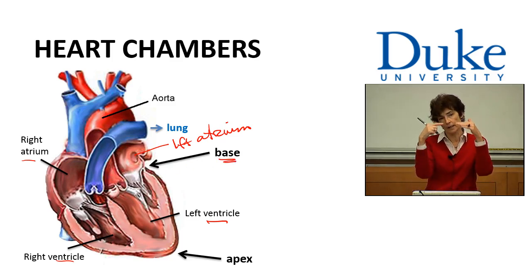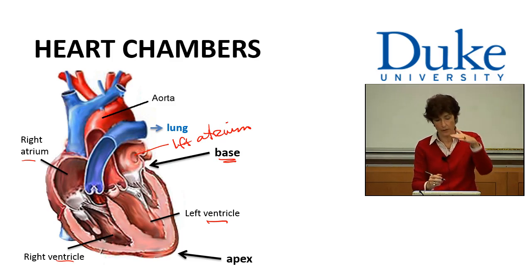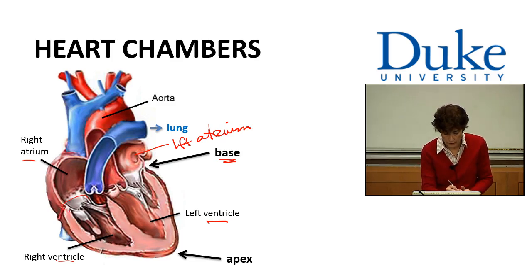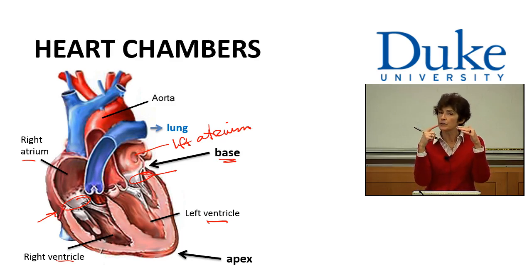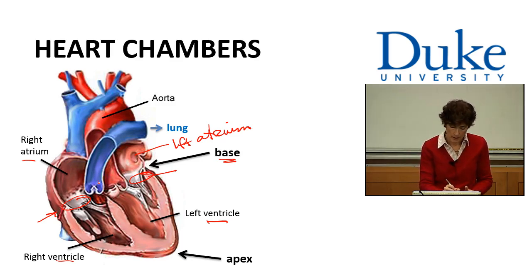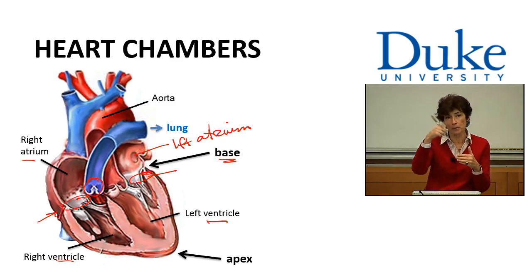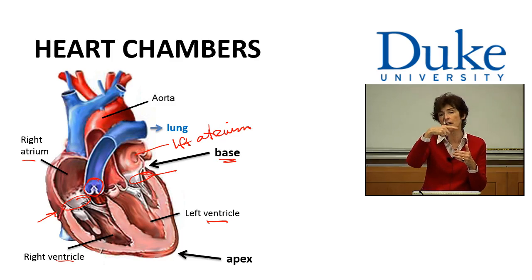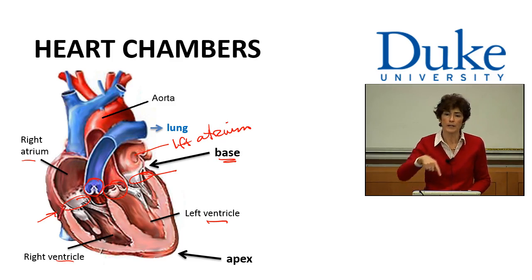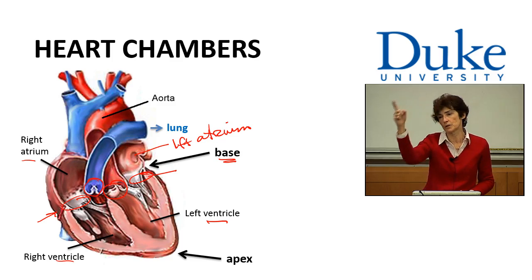Between the atria and the ventricles, at the base of the heart, we said there was the cardiac skeleton. And within this cardiac skeleton, there are valves. There are four valves. We have two atrioventricular valves, one on the right and one on the left. And then we have two other valves, one which is called the pulmonary valve, the pulmonic valve. This pulmonic valve allows blood to move from the right ventricle to the lung through the pulmonary artery. The other valve is called the aortic valve, and that aortic valve allows blood to move from the left ventricle out to the aorta, which is a large blood vessel which distributes blood to the rest